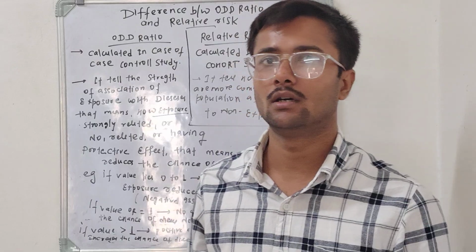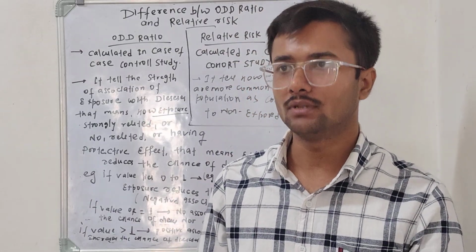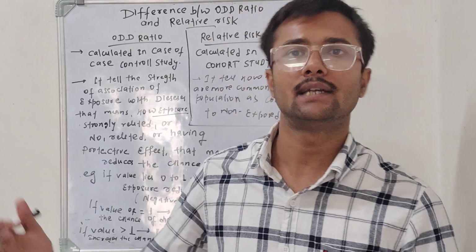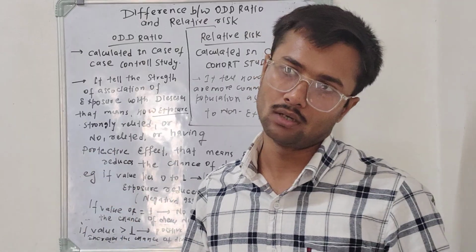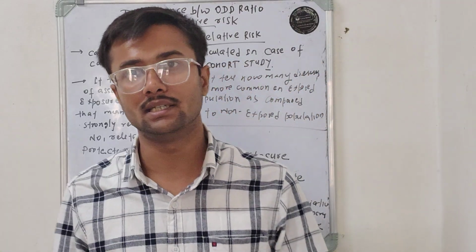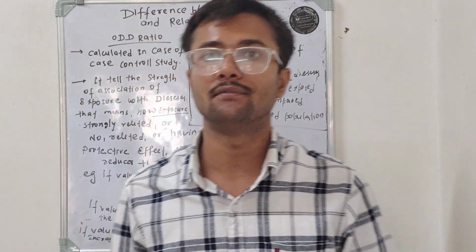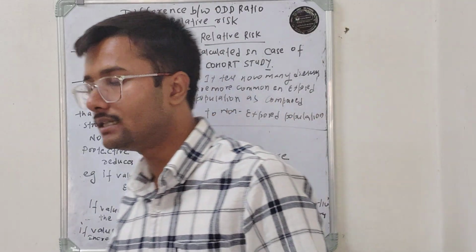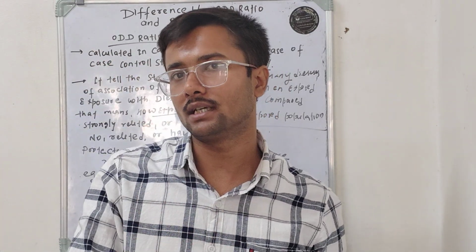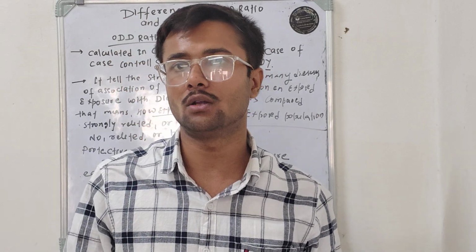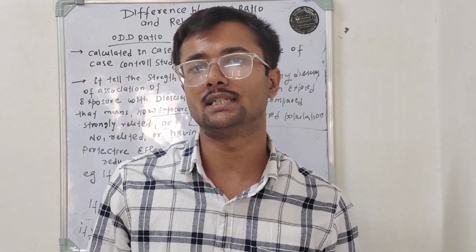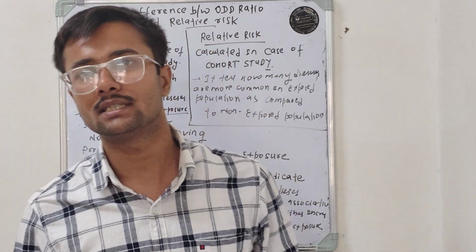In case of odds ratio, we try to find whether exposure is strongly related to disease or not, or whether the exposure has any protective effect on the disease or not. So basically in odds ratio we try to find three things. First, whether the disease is strongly related to the exposure or not, meaning if the exposure is more, the chance of occurring disease is more or not. The second thing is